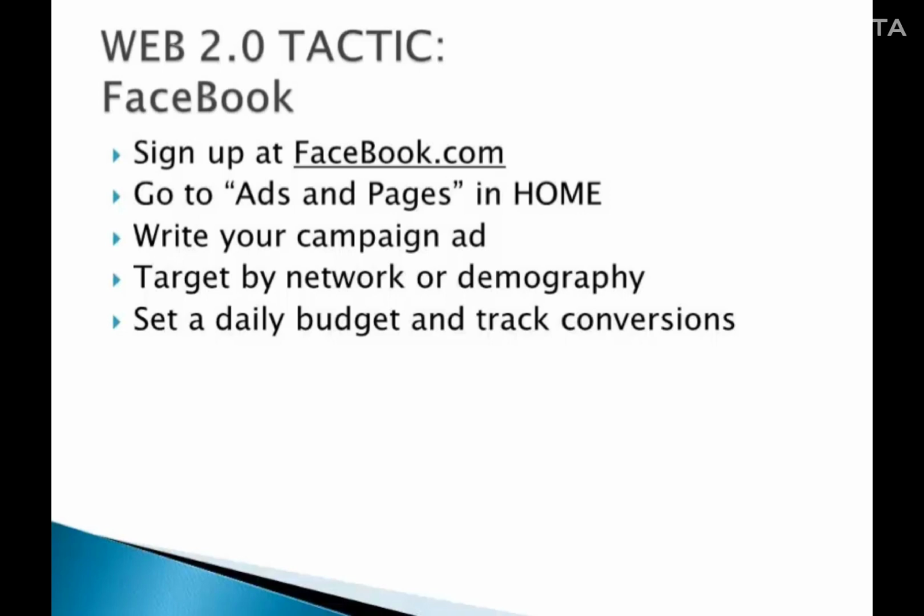The route to making money is going to be the Ads and Pages section in the home page of your Facebook. You probably already know that you can see advertisements on the right-hand side of your Facebook interface, so depending on what network you belong to or what keywords are detected in your profile, different types of advertisements will appear on your Facebook account. For most of you who belong to networks like Australia or the United States of America, you will see advertisements that are geographically or demographically related to your network, like weight loss or how to minimize taxes in Delaware. Enter the Ads and Pages in your homepage and you can start writing your ad campaign.